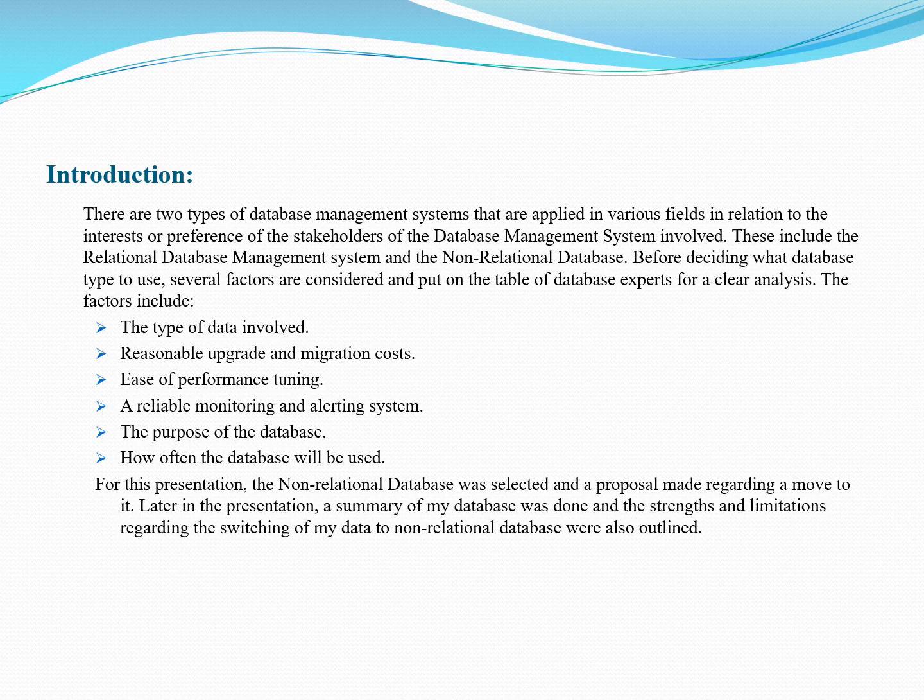Introduction. These are the two types of database management systems that are applied in various fields in relation to the interest or preference of the stakeholders of the data management systems involved. These include the relational database management system and the non-relational database. Before deciding what database type to use, several factors are considered and put on the table of the database expert for clear analysis. The factors include the type of data involved, reasonable upgrade and migration cost, ease of performance tuning, a reliable monitoring and alerting system, the purpose of the database, that's the main thing, how often the database will